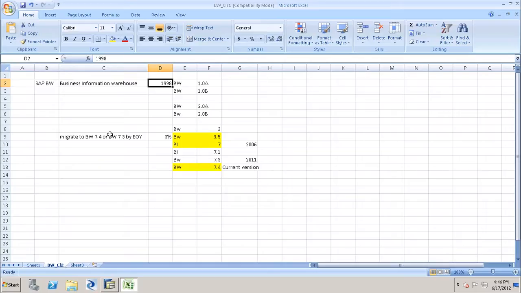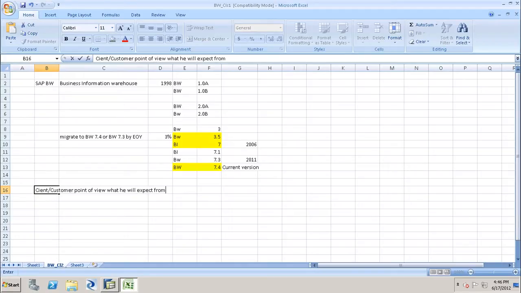Okay, now moving on, what is the objective of SAP BW system? On a high level, by looking at the abbreviation, we can come to a conclusion that it is a system which is going to have business data. From a client or a customer point of view, what will he expect